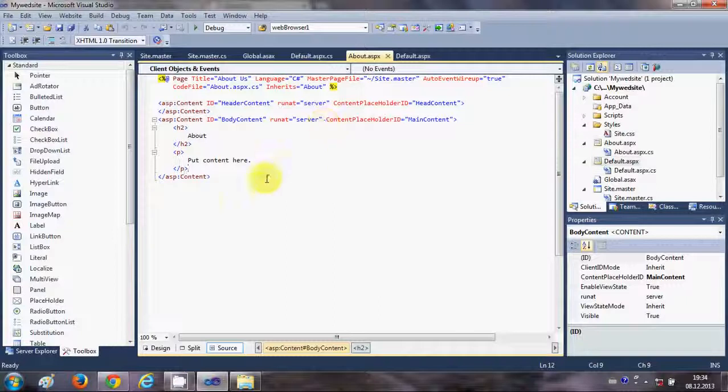And in the next video I will show you how to add some more functionality to your site, how to make dynamic web pages and all the other things. I hope you have enjoyed this